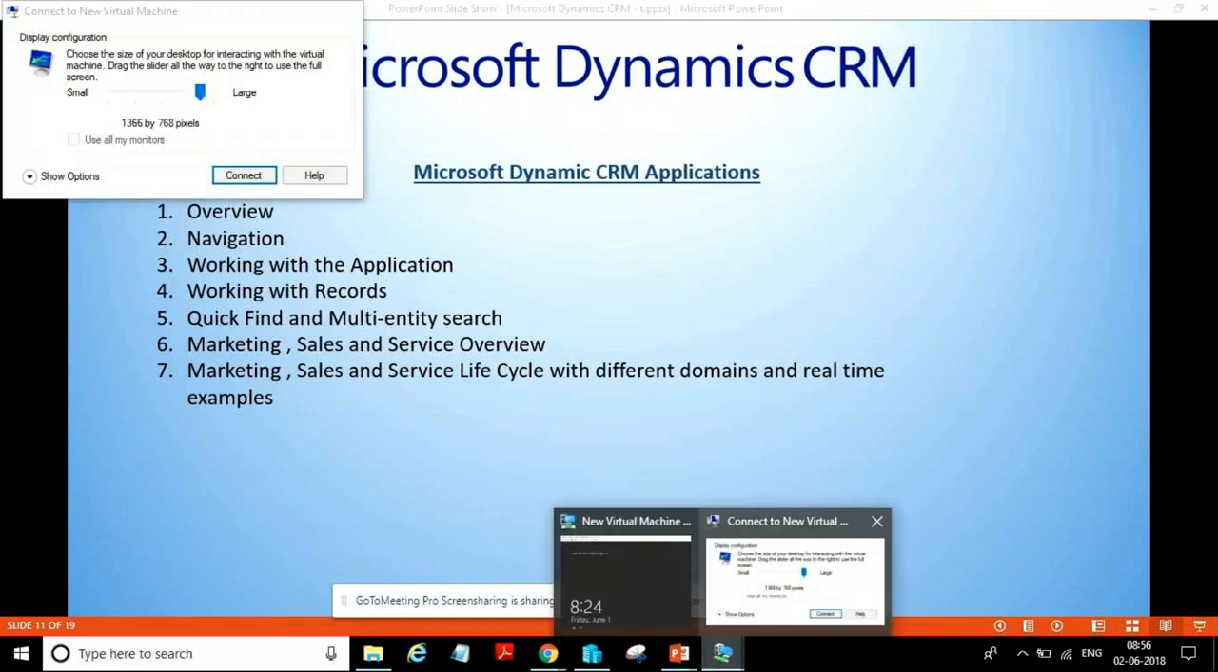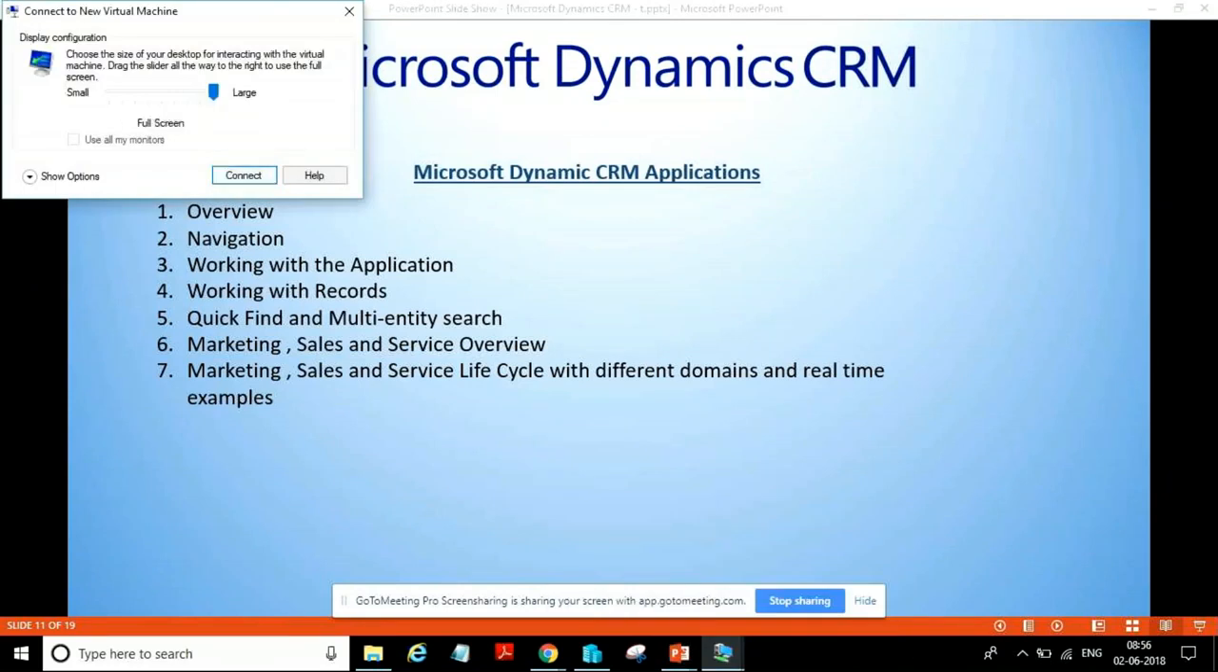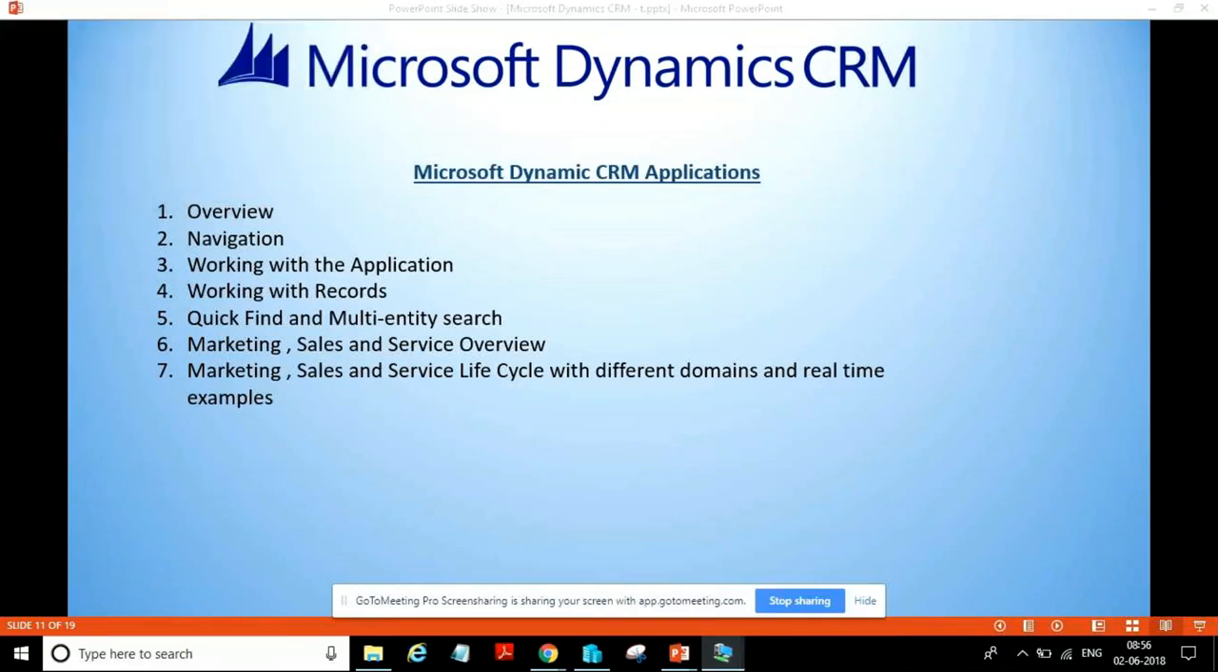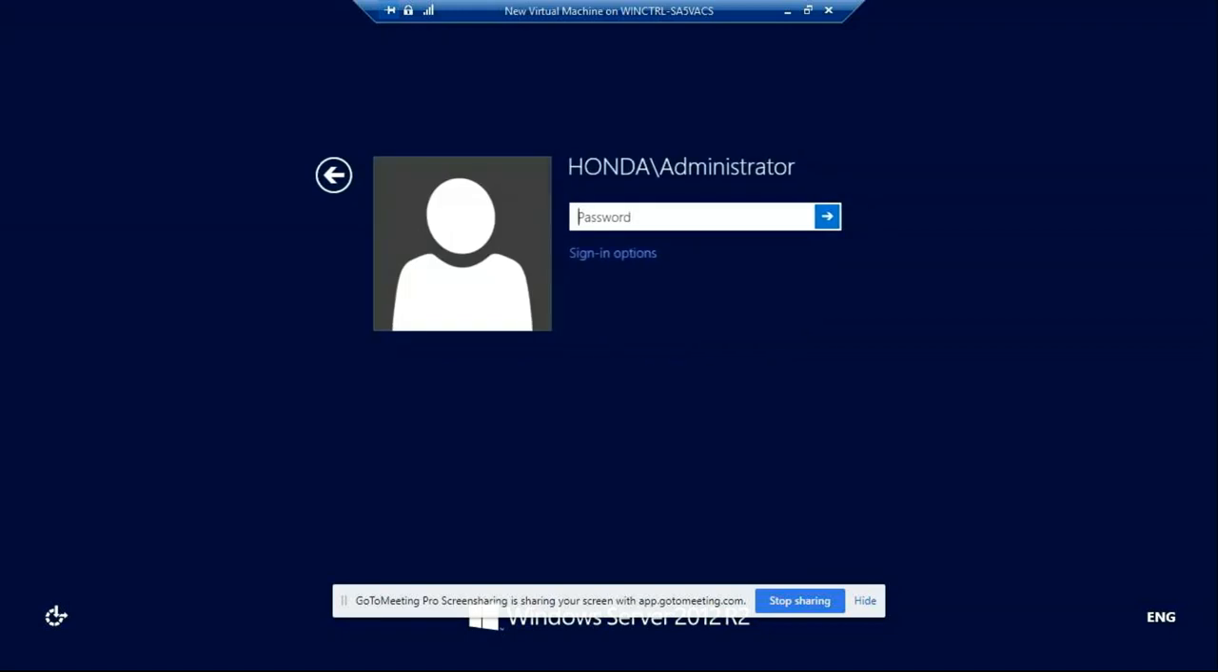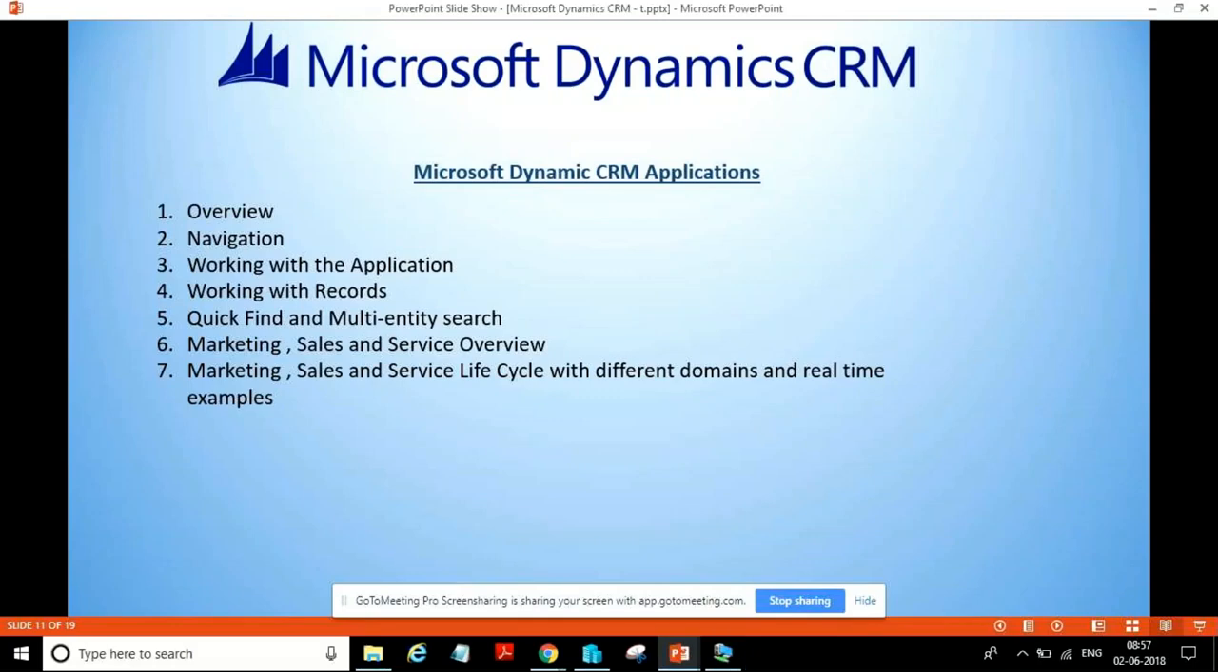So in functional, there are three main modules of Dynamics CRM, that is sales, marketing, and service. Now, how the sales, marketing, and service can be used in different industries. Example, how banking is using CRM, or if it is an insurance company, how insurance company is using CRM, or if it is a retail sector, how retail sector is using CRM, or if it is a recruitment domain,